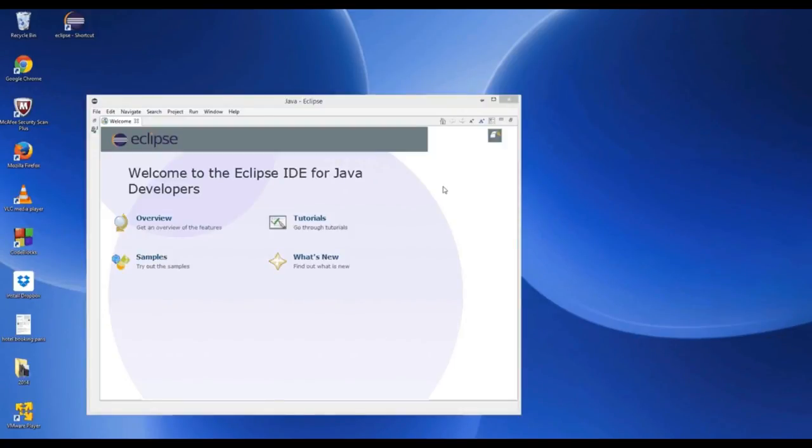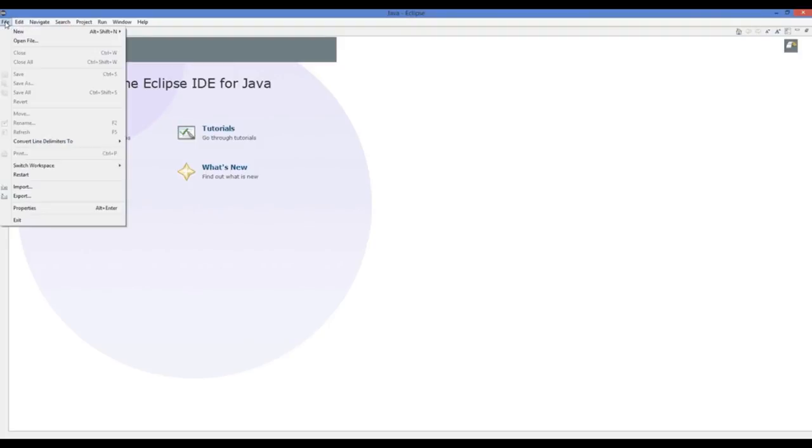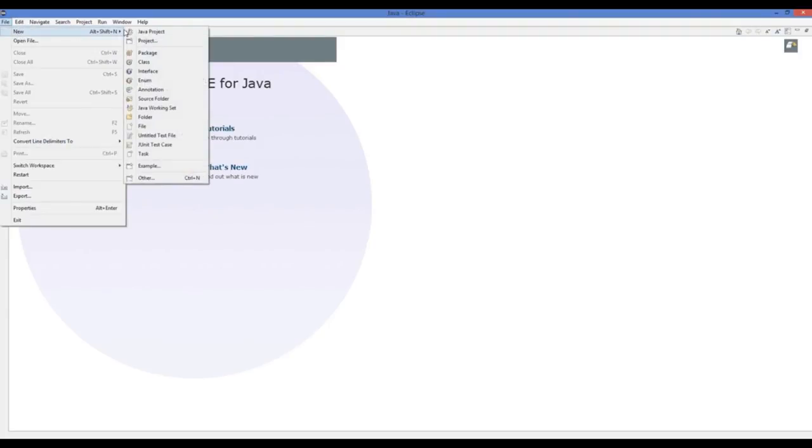Now Eclipse is open on my computer, right? So I will just maximize it, and I will be able to see this message: welcome to the Eclipse IDE for Java developers. And you can see they have some tutorials, samples, overview, and what's new. So to create a new project in Eclipse IDE, you just need to go to this File option here and go to New, and we are going to create a new Java project. So just click Java project,